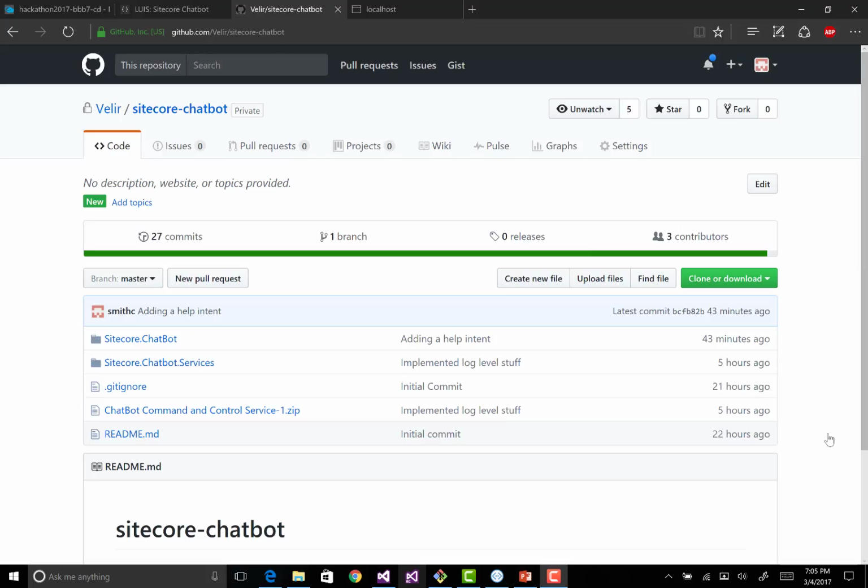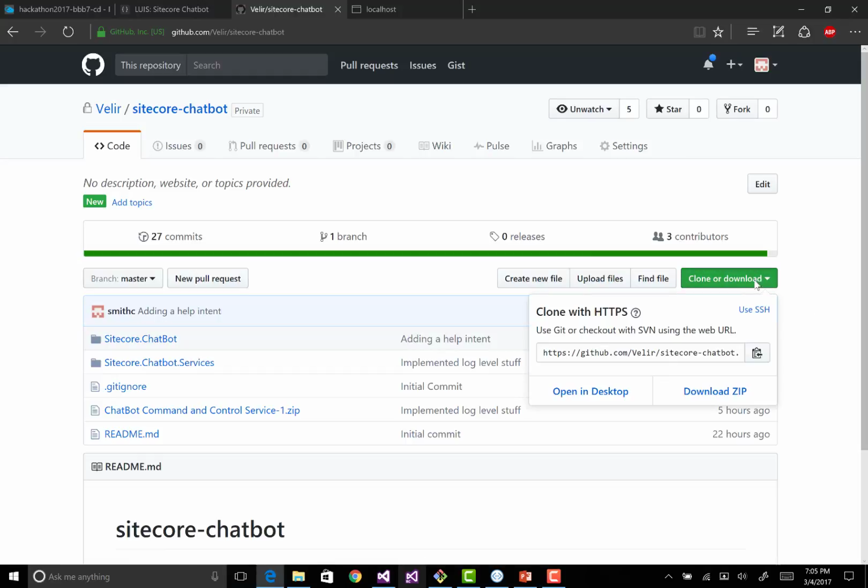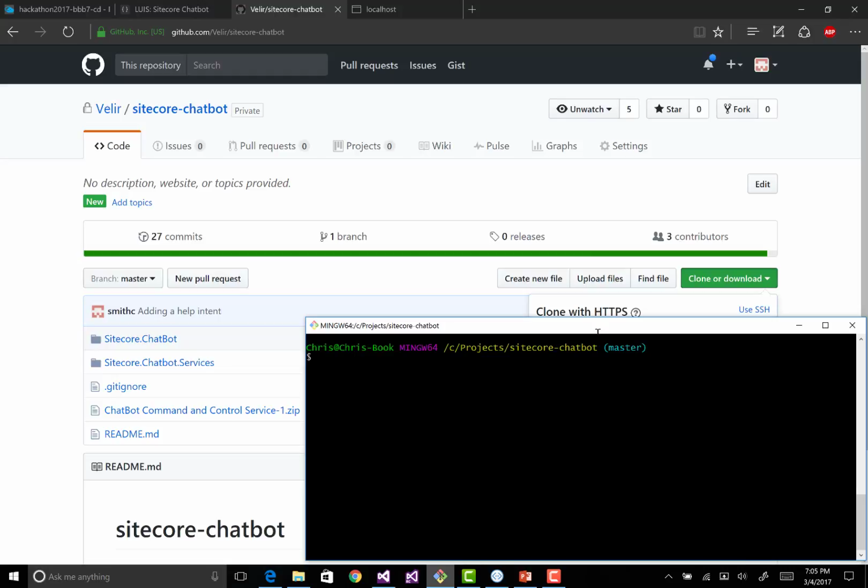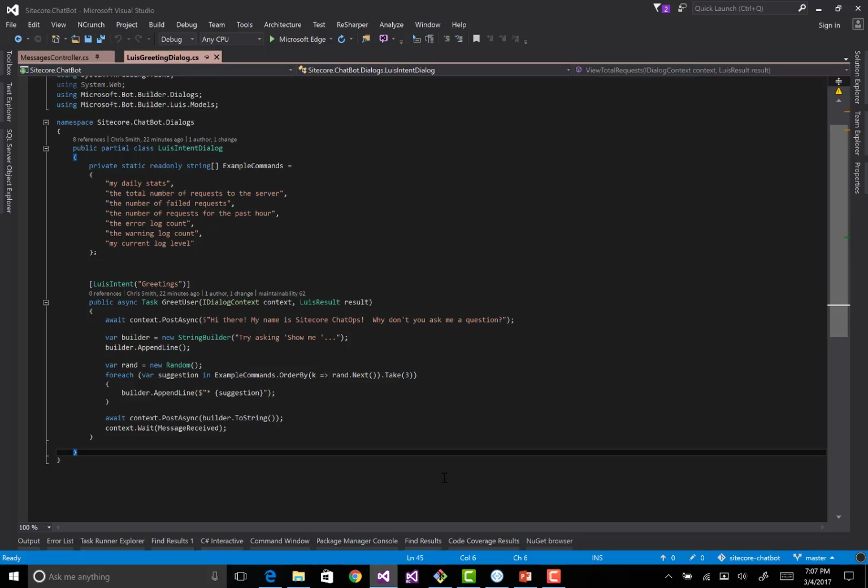All right, so let's take a look at how we can get you set up with our Sitecore chatbot. We're looking at our GitHub repo. This is Valier Sitecore-chatbot. You can go ahead and click on the clone or download button here, and I'd recommend copying this and doing a direct clone in your favorite Git terminal. Once you've got that checked out, you'll be able to open up your Visual Studio instance, and you should see